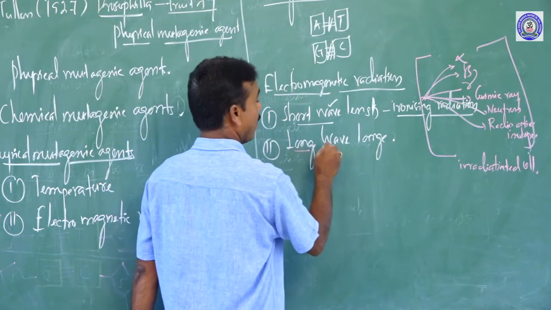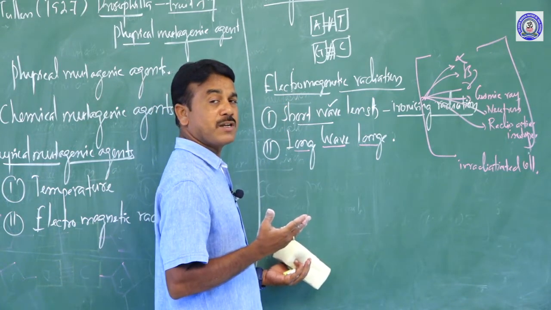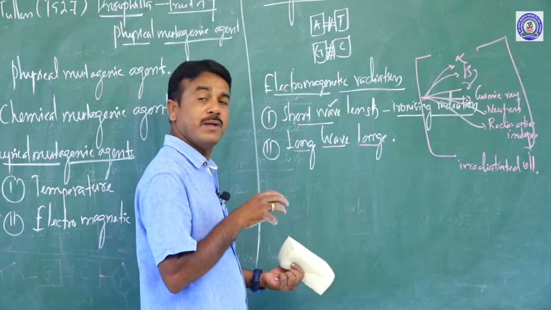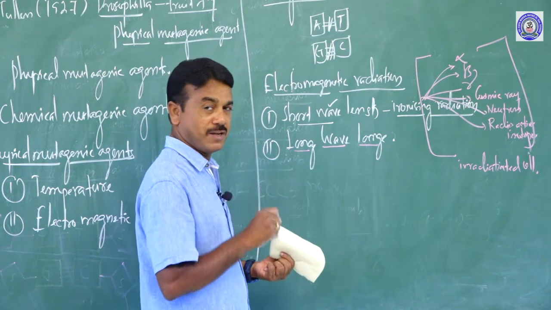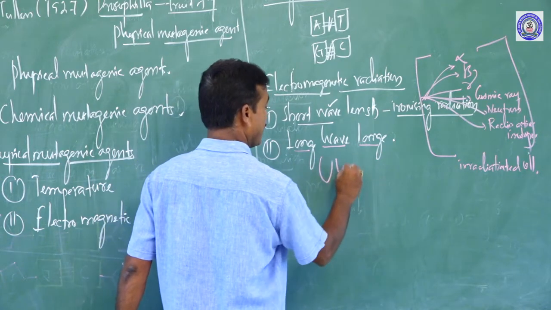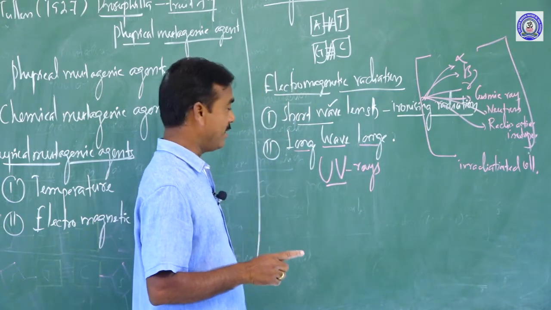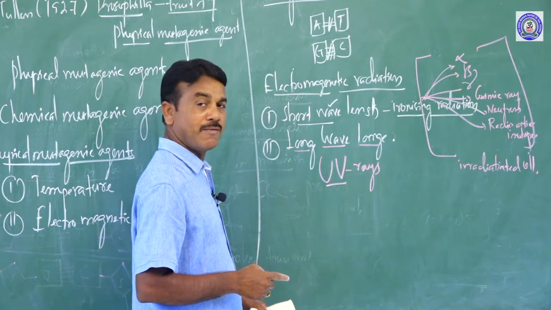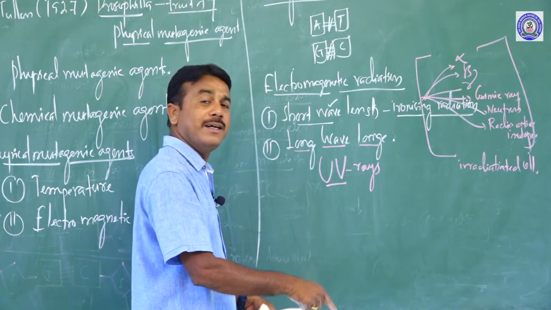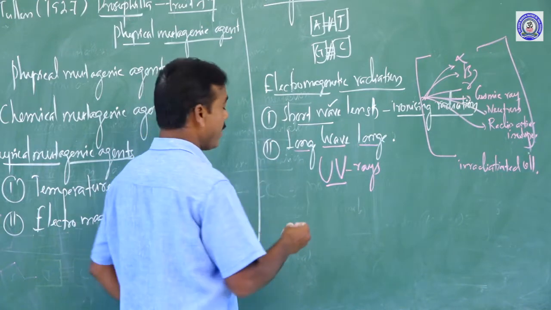One more thing, long wavelength. The rays possessing long wavelength have very little penetrating ability. These are commonly called UV rays. What is UV? Ultraviolet rays, which possess long wavelength. They have low penetration and cannot enter deeply. So UV rays are generally utilized for